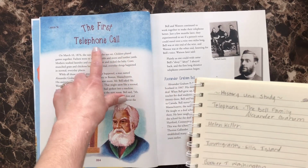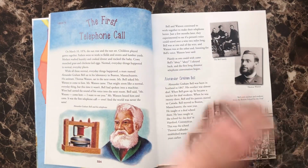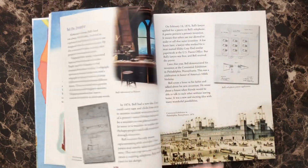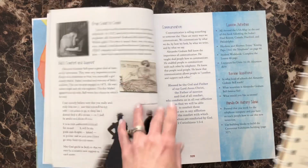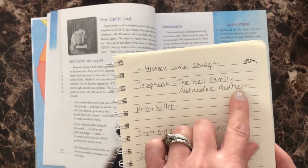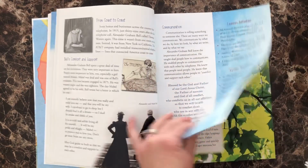So this is the first telephone call. This is basically all about Alexander Graham Bell and his family. So I did write that one down. You see here I have the telephone, the Bell family, or Alexander Graham. The next one that